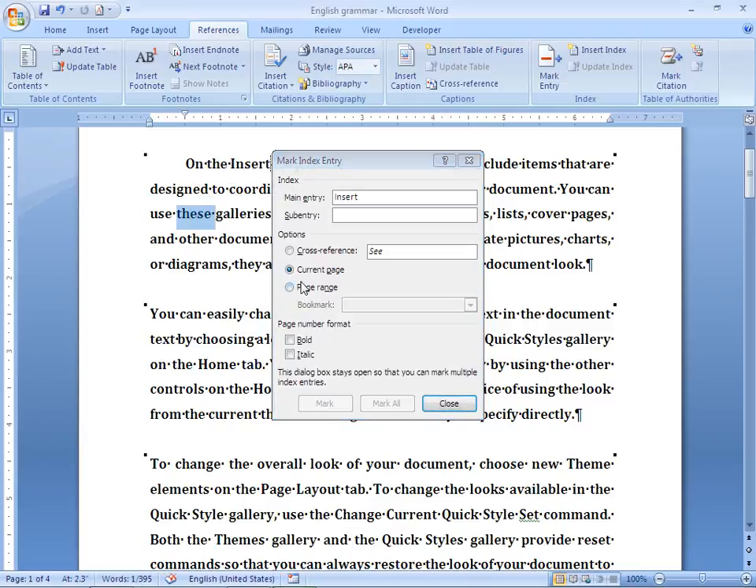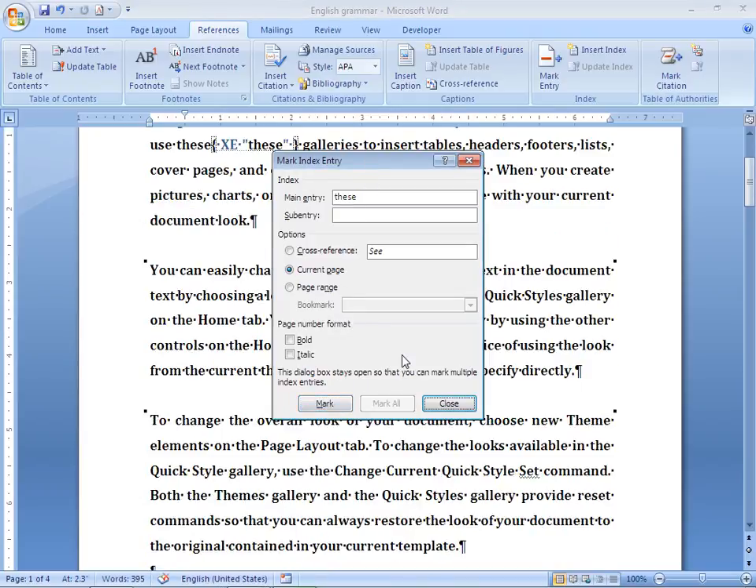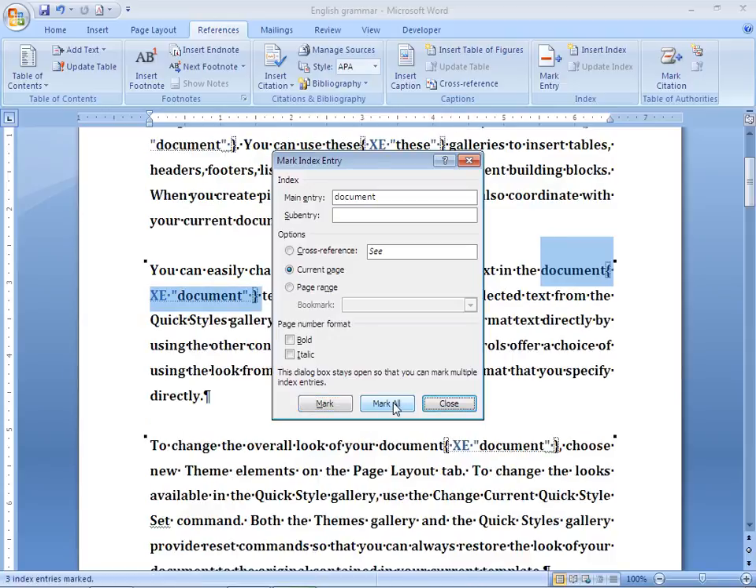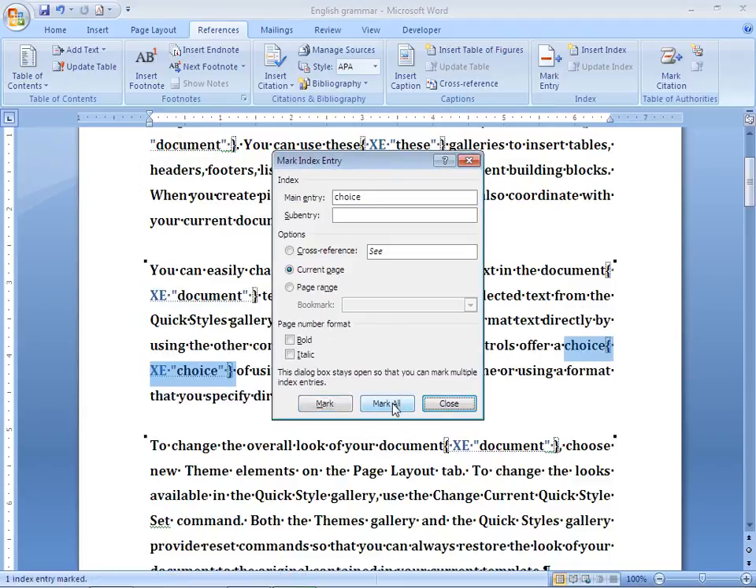For example, this word I want to include in the index of this document. Select and mark. Select another word, and you can also mark all the words by clicking Mark All, which I selected here. Okay, select another word, mark all words,